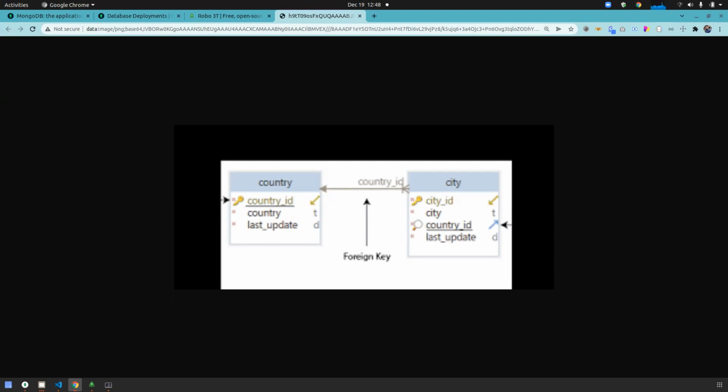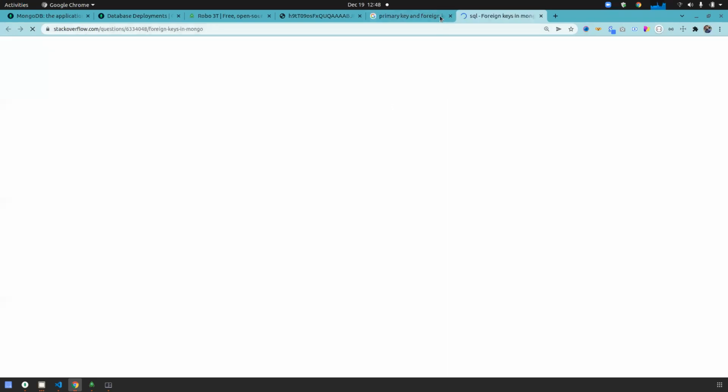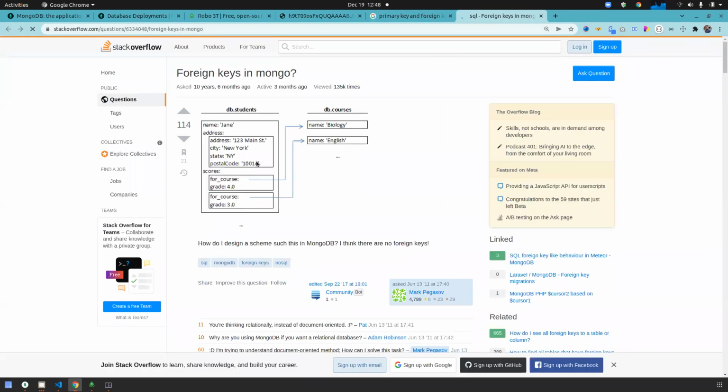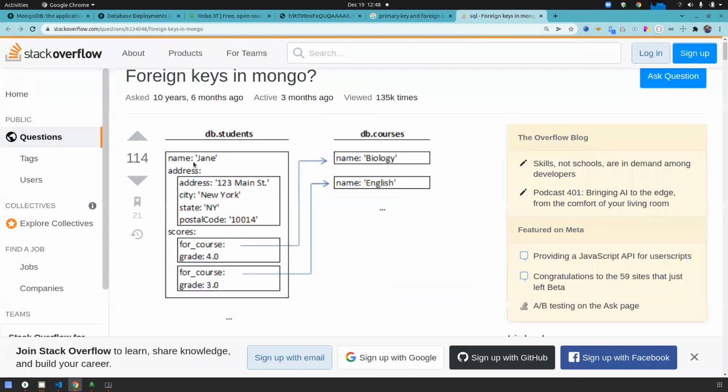Now I am giving an example from MongoDB also. See this example. This is the students collection, and this is the course collection. In the students collection, there are name, address, and scores. For course, it is blank, and grade is 4.0.